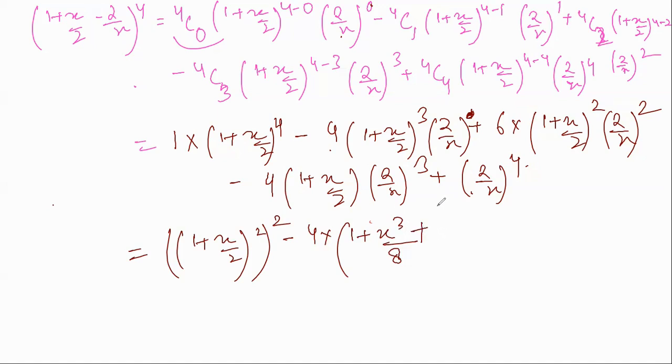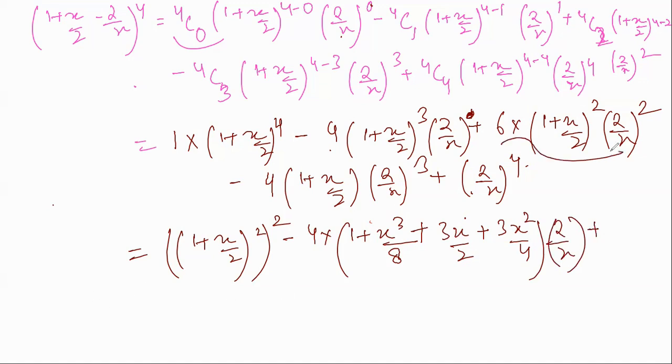Plus 3a square b. So b is x by 2, plus 3ab square, that is this one. Okay, and 2 by x plus this one. So 6, 1 plus a plus b whole square, that is